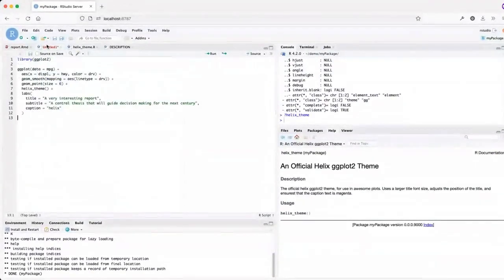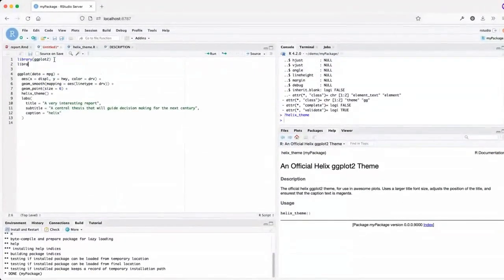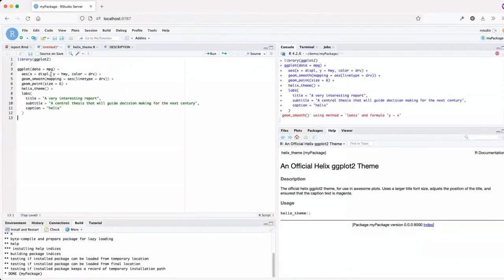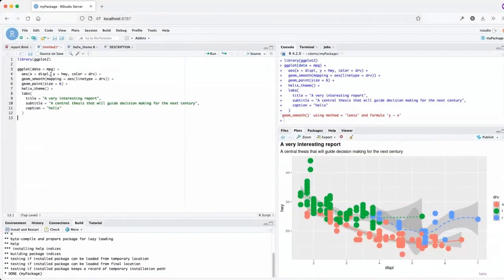So Garrick, I'm just looking at the time and I don't want to take up more of both of your time than we bargained for. So I think probably the best thing at this point would be to talk about how we could get this on somebody else's machine, like how somebody else could install this, whether that's pushing it to GitHub and having them install it through there, or I don't know what other way you might do it. But if you want to focus on that, that would probably work.